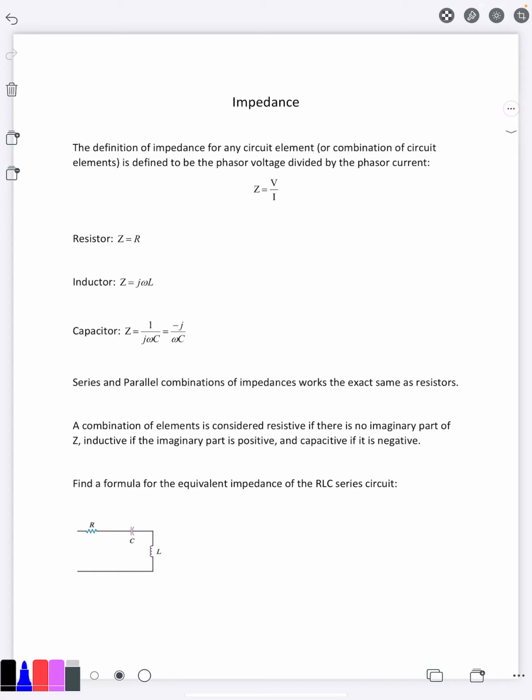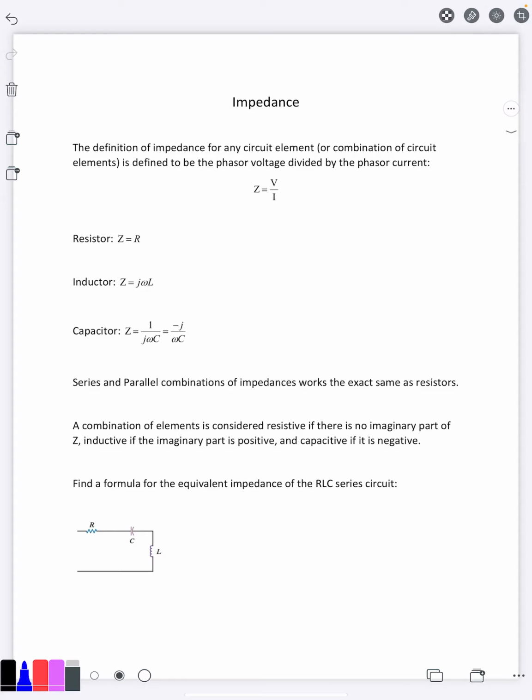In this video, we're going to learn about what impedance is. So impedance is a way to generalize the idea of resistance into the complex number domain. So when we were dealing with regular systems, we had resistance, inductance, capacitance, and they behaved differently, and you had